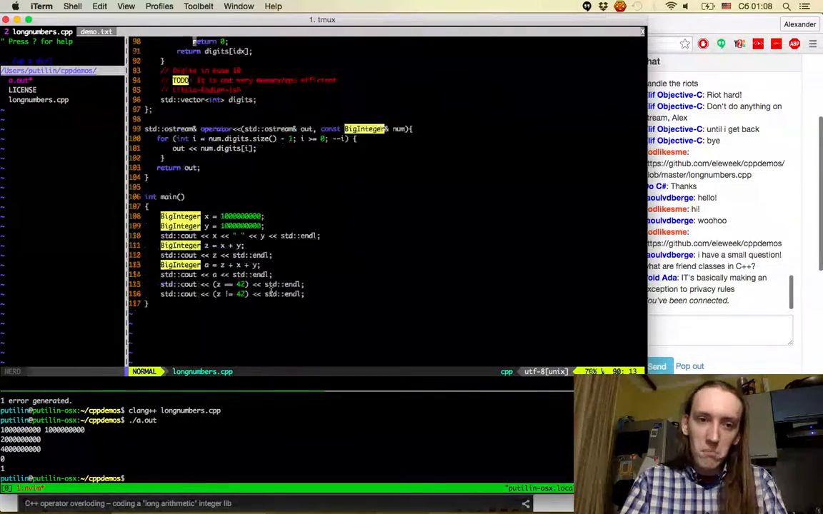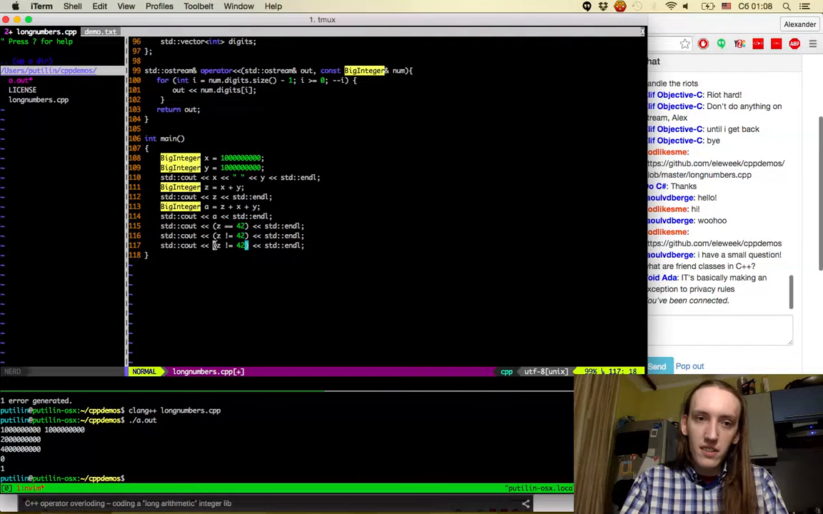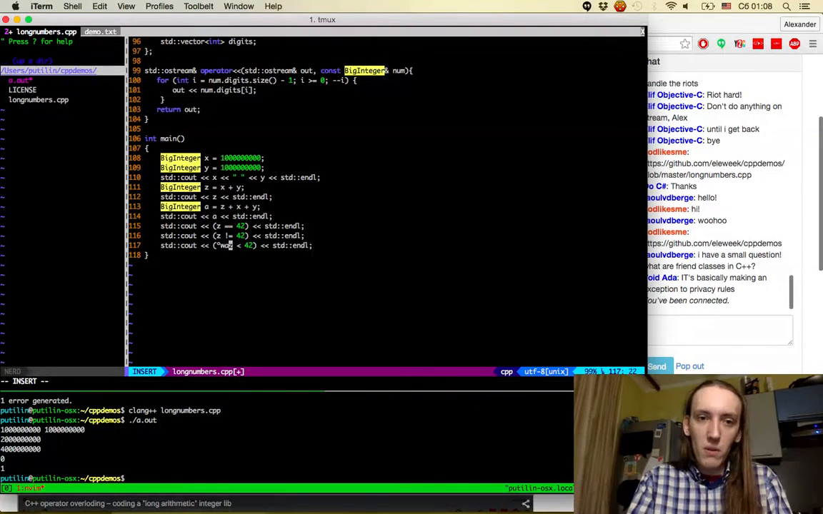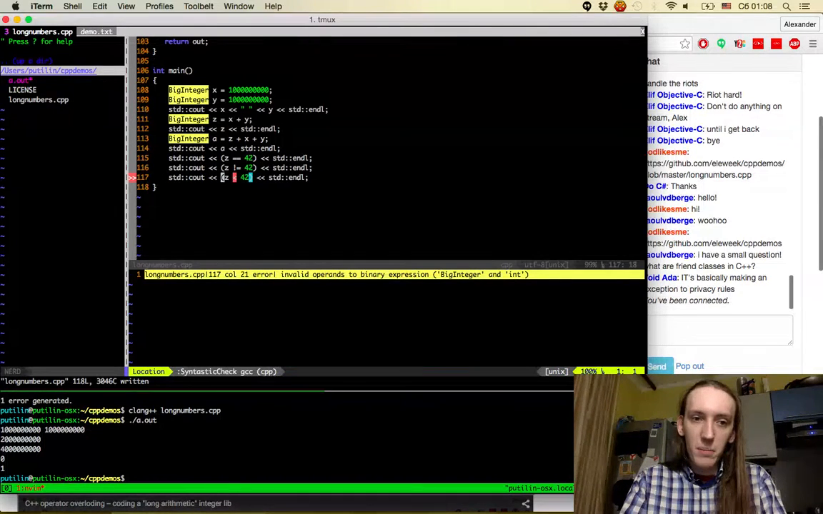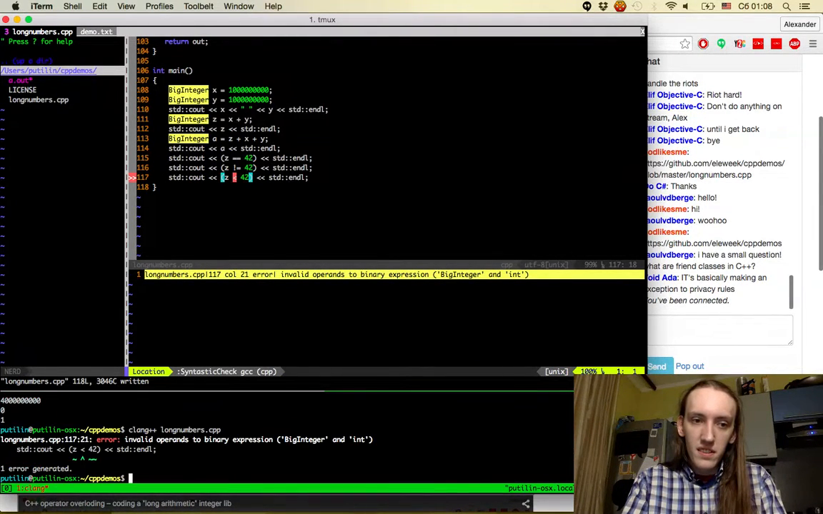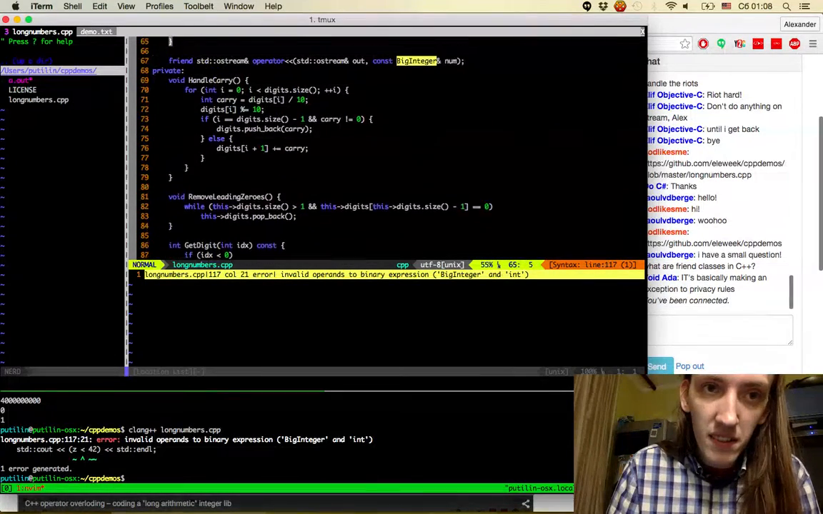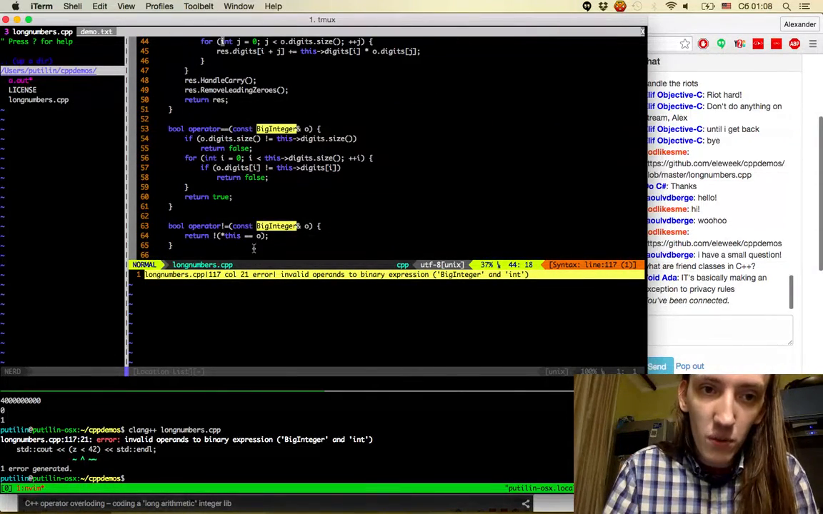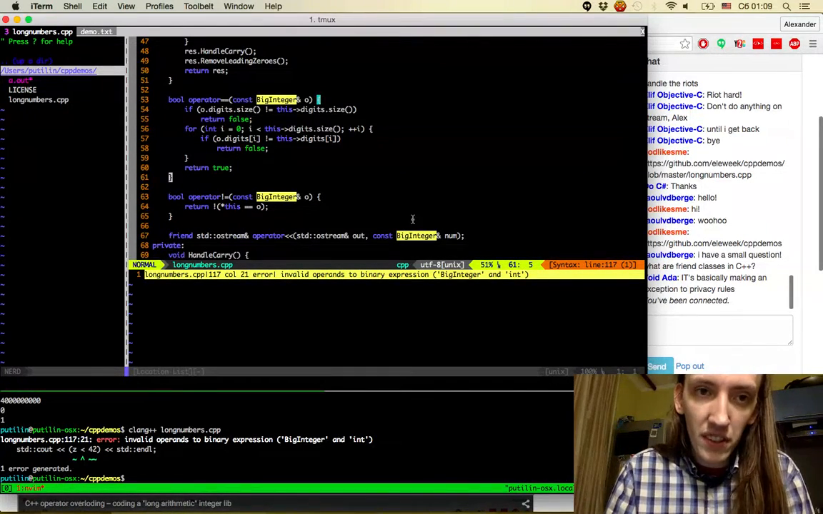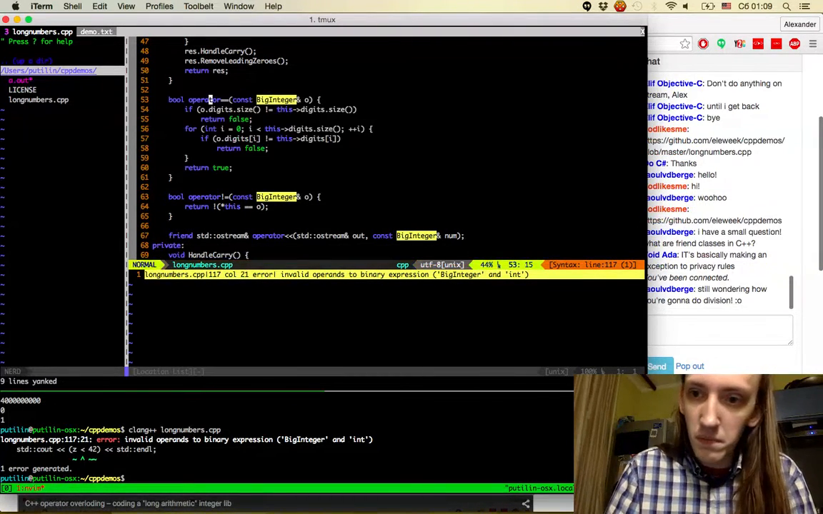Okay, can we actually write things like that? Again, it totally makes sense for our class to have a less than operator. But of course we have to implement it. We have to implement every operator. So we have equals here. So let's take